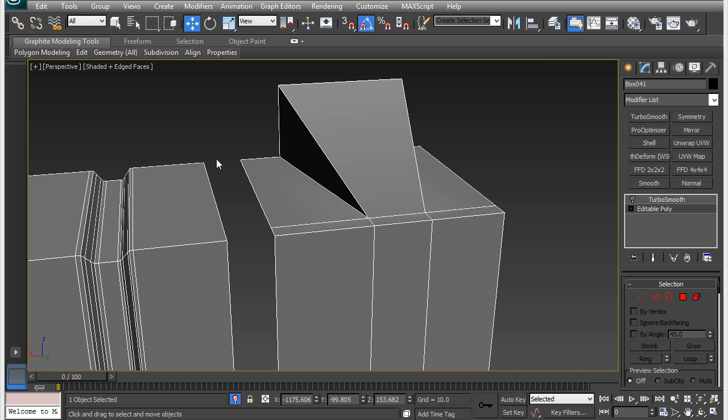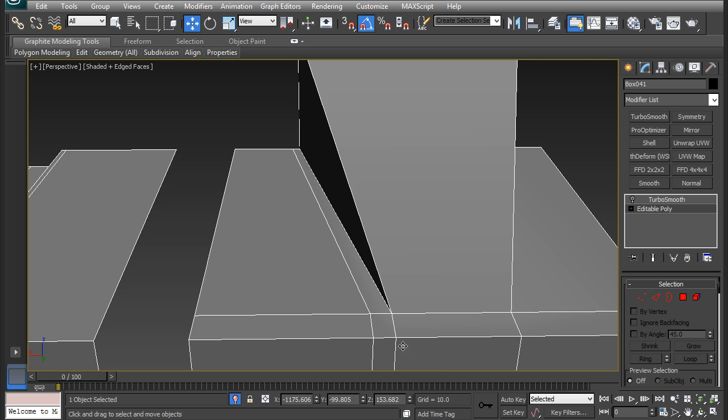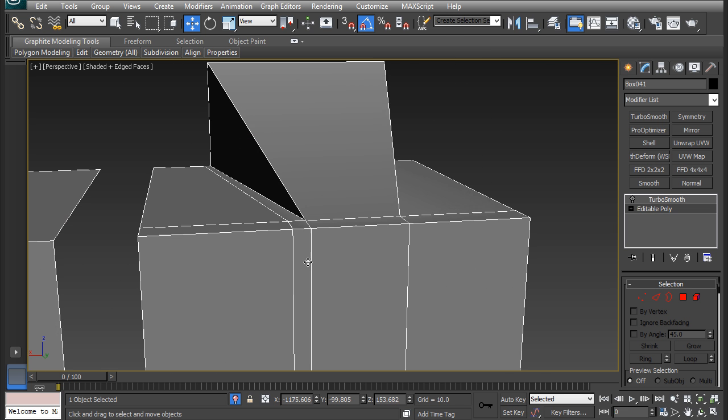For this one, this edge is not completely straight. The Swift Loop will still follow it, but it will not be even throughout the entire edge. So when I try to add the edge close to this, it won't be even throughout the entire edge. So to fix this,